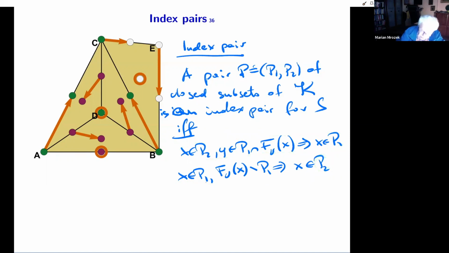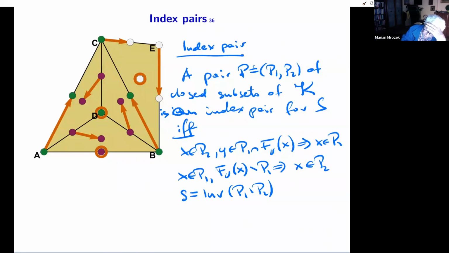And the last thing is that S is just the difference or the invariant part of P1 with P2. It depends whether we choose the broader way of defining implicit arrows as for multi-vector fields or the narrower one as for the